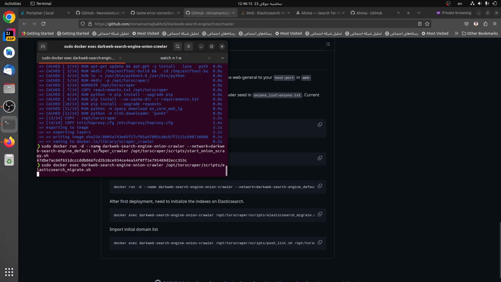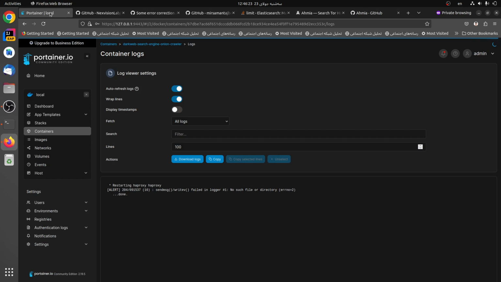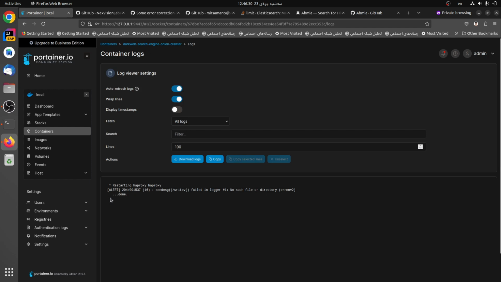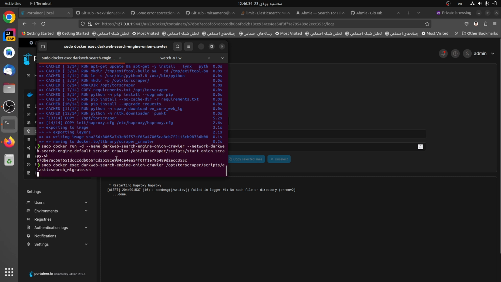It will use some system resources to initialize Elasticsearch, and we are going to wait. Let's check what's happening here. Nothing. Just waits for HAProxy, and Elastic's migrate is